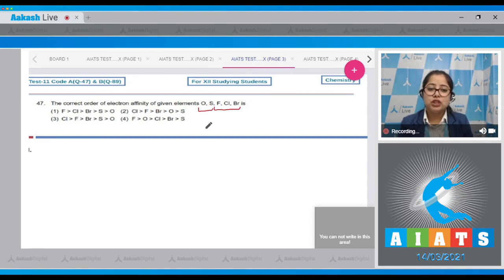And students, for this question, we need to know that generally the electron affinity of halogens is more than that of chalcogens, that is group 16 elements. In general, we know that on moving top to bottom in the modern periodic table, the value of electron affinity decreases. But when we talk about chlorine and fluorine, the electron affinity of chlorine is highest among halogens because of lesser repulsion of the incoming electron with the non-bonding electrons as compared to that of fluorine. Similarly, in case of oxygen and sulfur, the electron affinity value of sulfur is more than that of oxygen for the same reason. Therefore, here I am writing the correct order